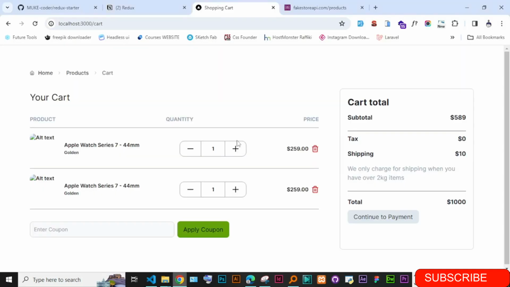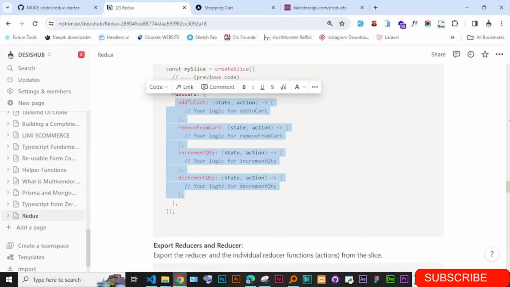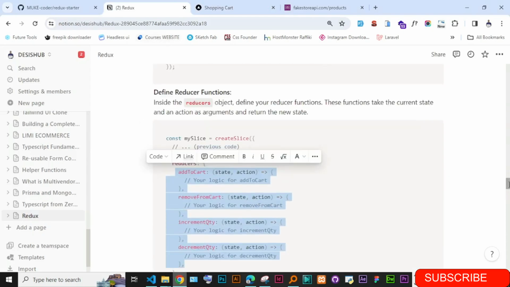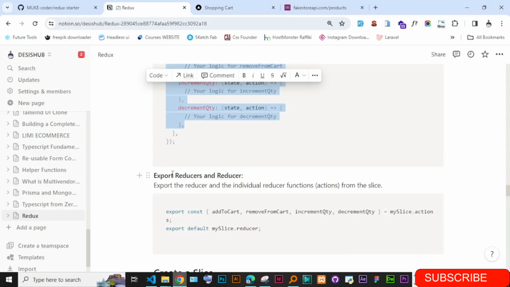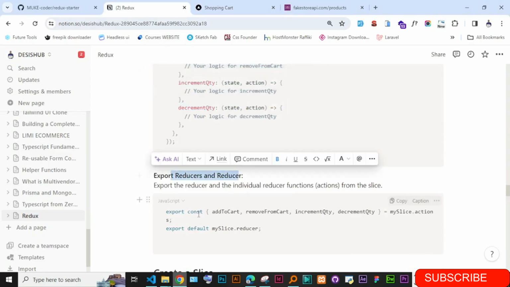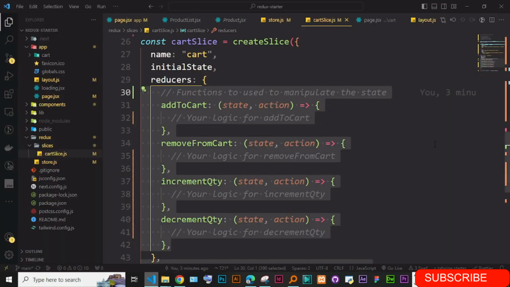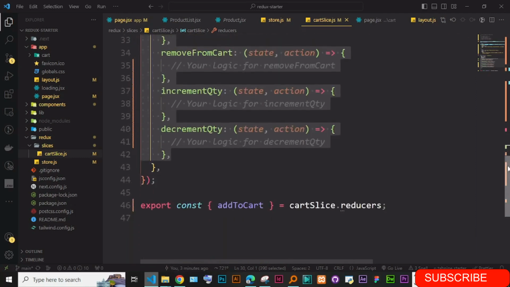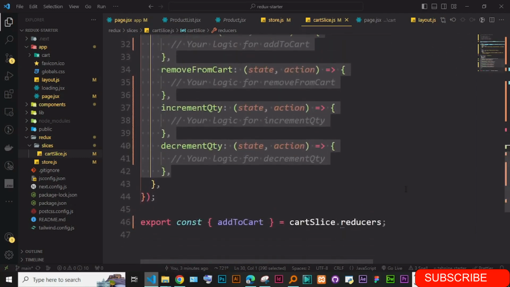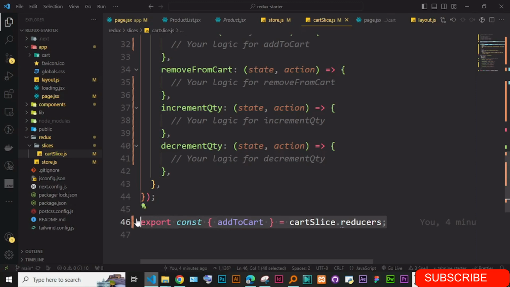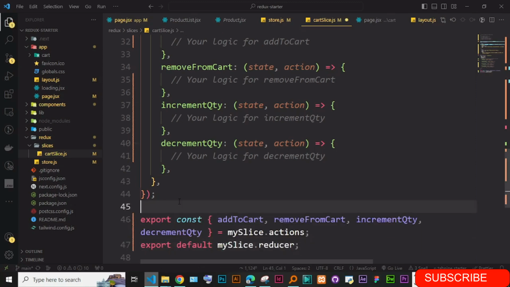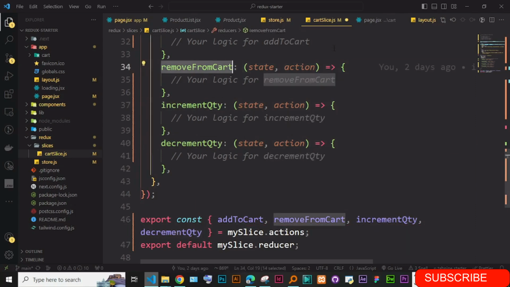After you have created your reducers, you go ahead and export the reducers and the reducer. Now you can just come here and export const, and these ones come from actions. We are doing two things here. You have add to cart, remove from cart, increment and decrement. So all these,